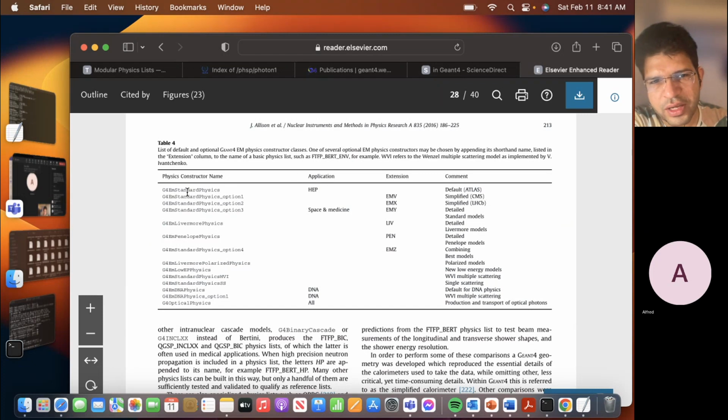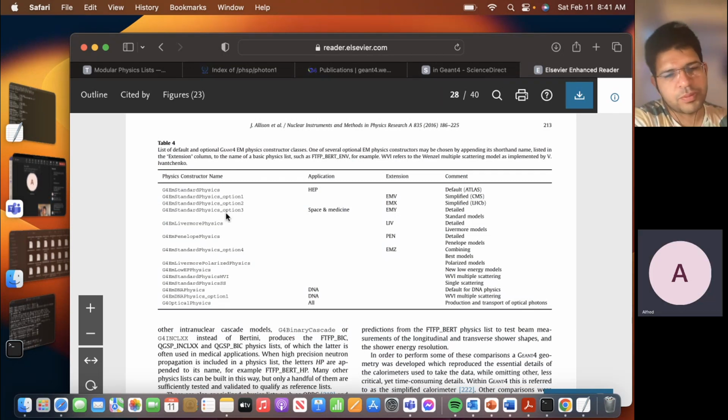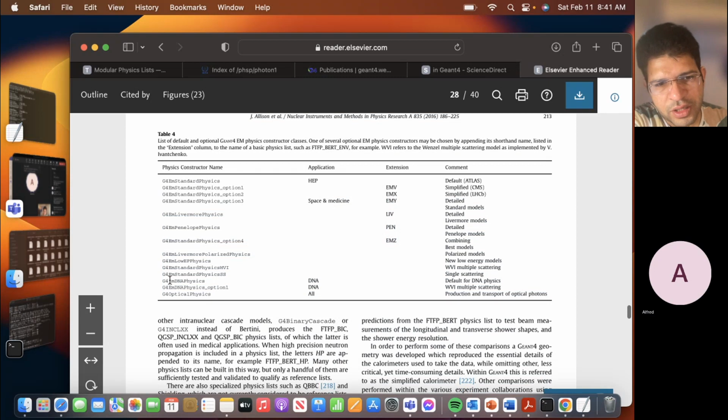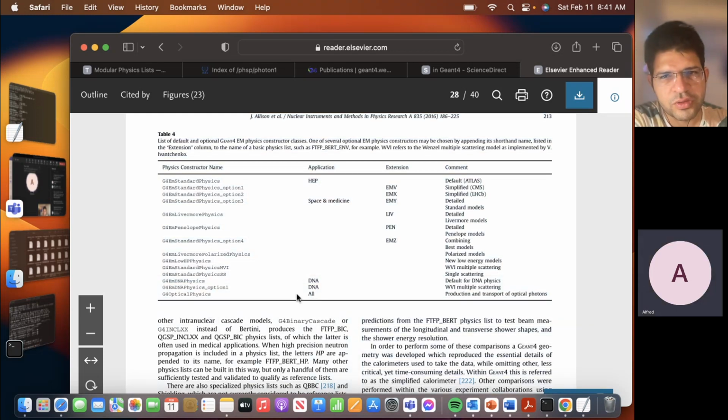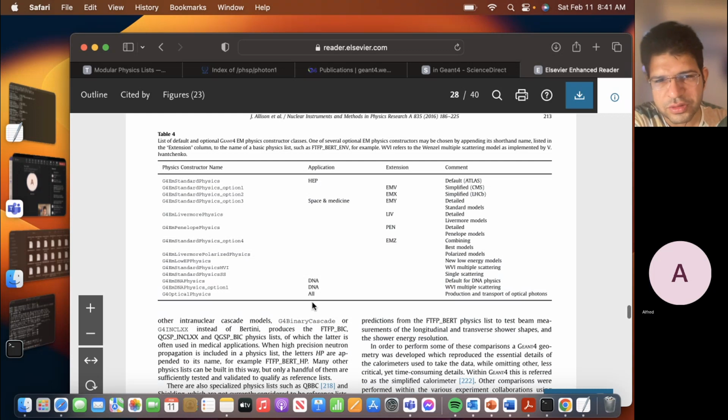For instance, standard EM physics is for high energy physics, EM standard physics option 3 is for space and medicine, and EM DNA physics is for DNA simulations or DNA break simulations if you are doing nanodosimetric simulations. So it's like I said before,